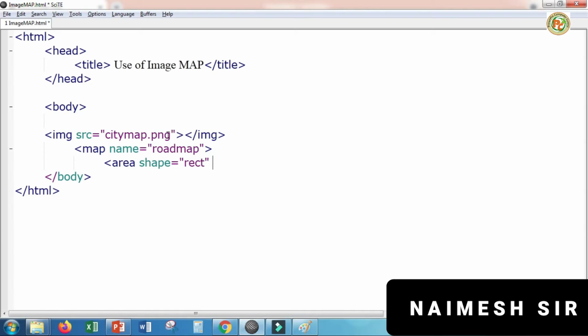So we have to use the coords attribute, and inside the coordinates we have to give 4 values. First will be x, then y, then x1, and then y1. x1 means x plus its space. Here we have to define 4 coordinates.